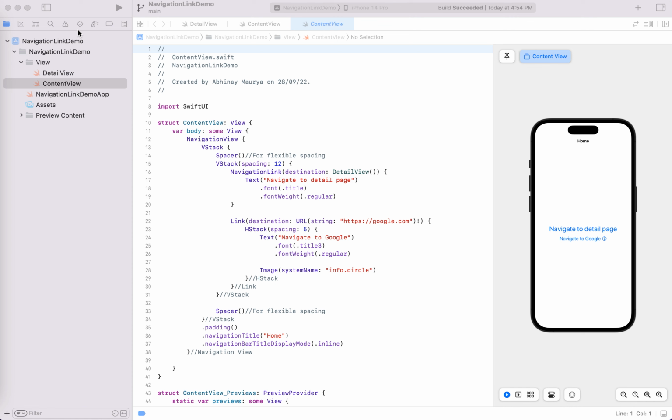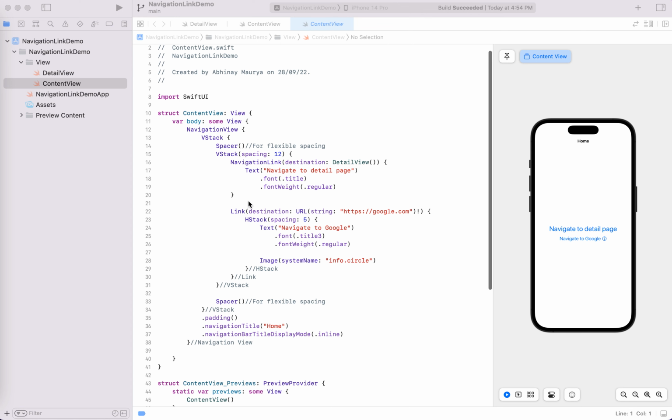Today we are going to learn navigation link and link. The difference between these two is that when you want to push from one view to another view, then you will use navigation link, and when you want to open a web link on your mobile browser, then you will use link. So here I created one demo for you in which you can see that